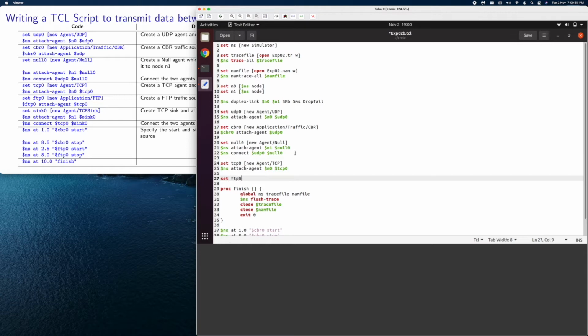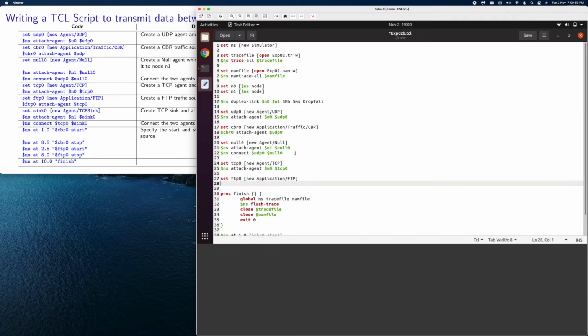Then let's create an application. We'll call it FTP0, and this is a new application, and the name of it is FTP. This FTP application needs to be attached to the agent, that is TCP, that has been created in the transport layer.